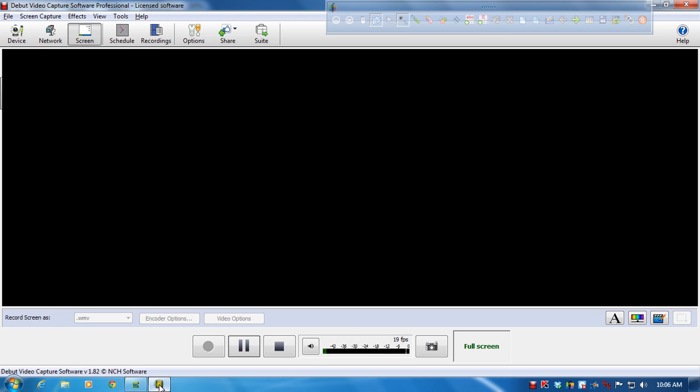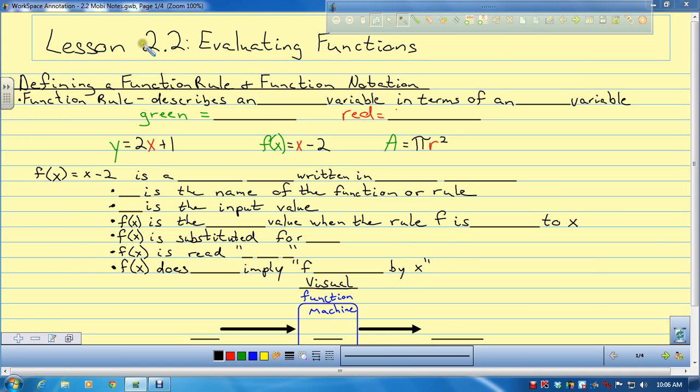Alright, here's what we're going to do today. We're going to go over lesson 2.2 for my Algebra 1 students. We have wrapped up that lesson on relations, identifying a function, and looking a little bit into the inverse of functions. Today we're going to go over evaluating those functions, which we are going to introduce a topic called function notation